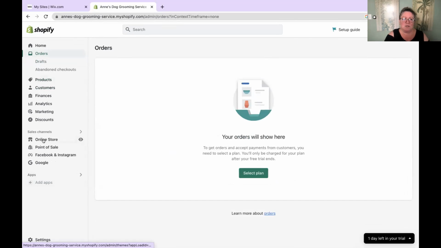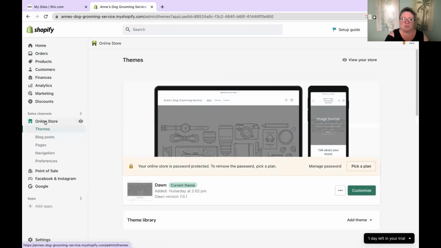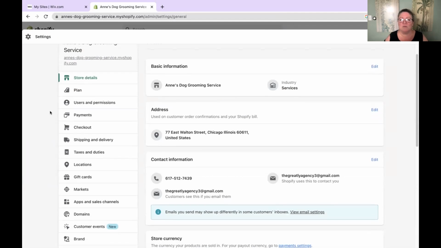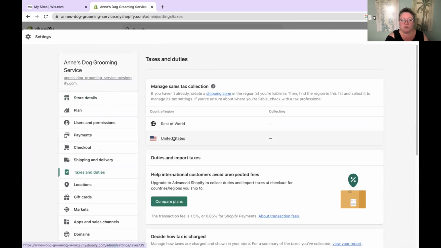And then I'm going to show you the online store and the actual design in a second. So that's the third place. And then the most important one to start with is here on the lower left where it says settings. This is the area where you are going to set up all of the engine information about your company. Do you collect taxes? Do you meet the thresholds in certain states to collect taxes? If you do, then you're going to set up your taxes and your duties here for the United States or